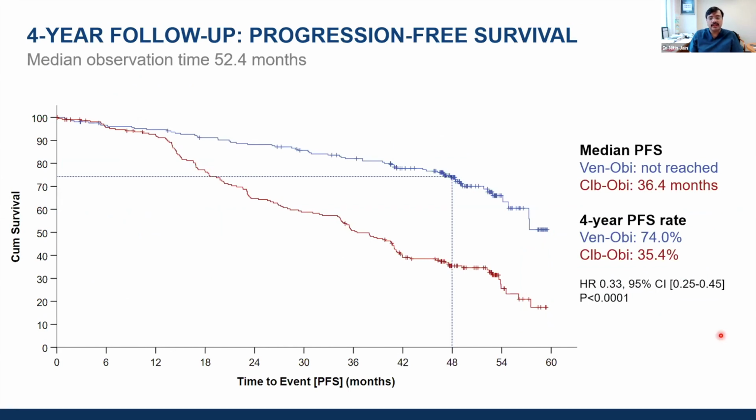And when you look at the most recent progression-free survival, from the ASH meeting a few months ago, venetoclax plus obinutuzumab has a PFS of 74% at 4 years compared to chlorambucil plus obinutuzumab. So certainly it's better than chlorambucil for progression-free survival, it's quite clear. But the thing to note here is that these patients stopped venetoclax at the 1-year mark. So what you're seeing, the remainder of this curve for 3+ years, is off therapy. They're just being monitored, these patients. So that's quite remarkable, right? You give 1 year of therapy, and then the majority of the patients are just in remission, at least 3+ years down the line.